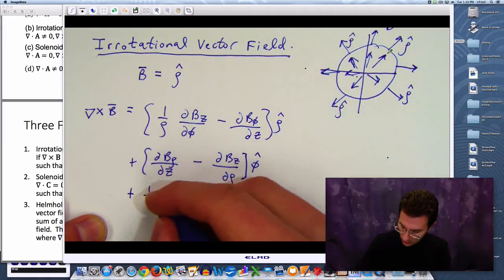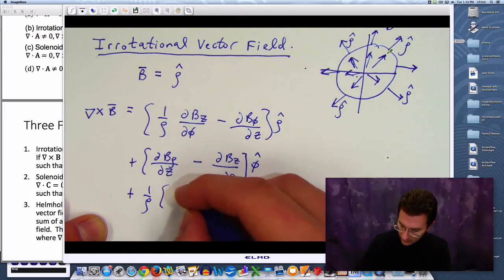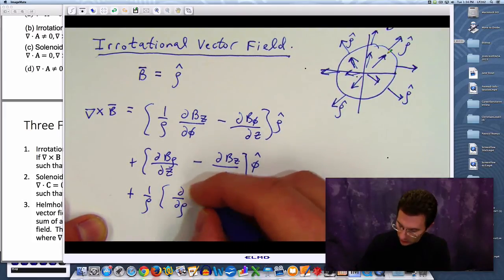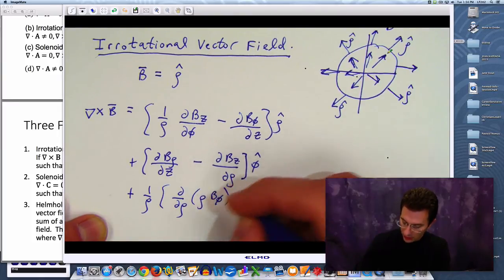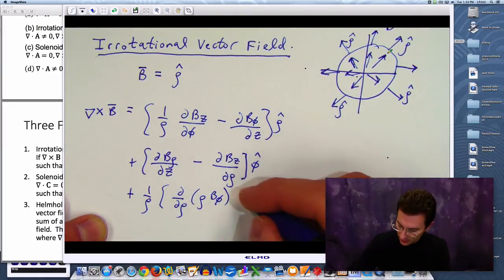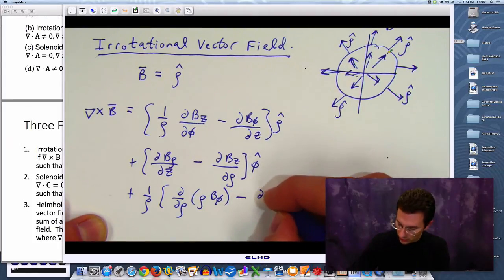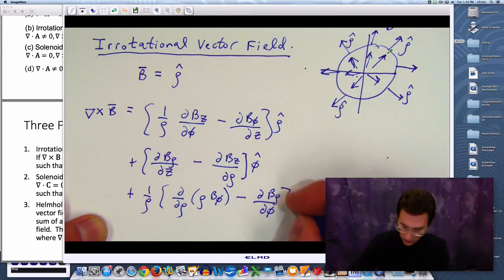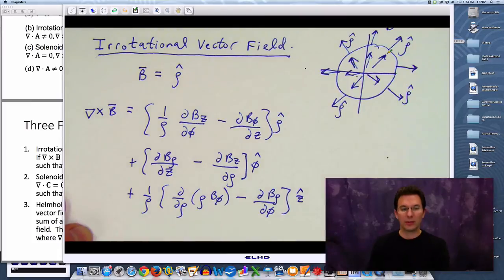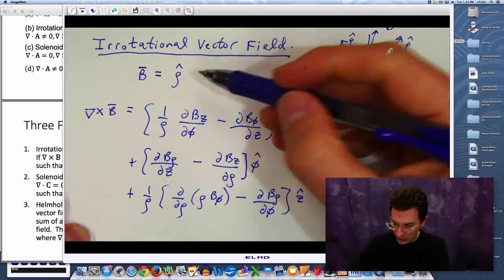Plus 1 over rho partial with respect to rho of rho times the phi component of B minus partial of the rho component of B with respect to phi in the z hat direction. Okay. So you've got to know what coordinate system you're in in order to pick out which definition for the curl you'll need. Okay. All right. Now we want to apply this definition